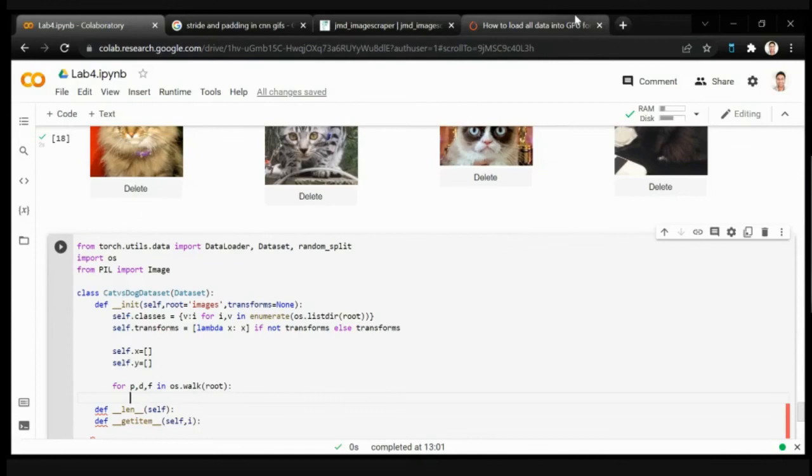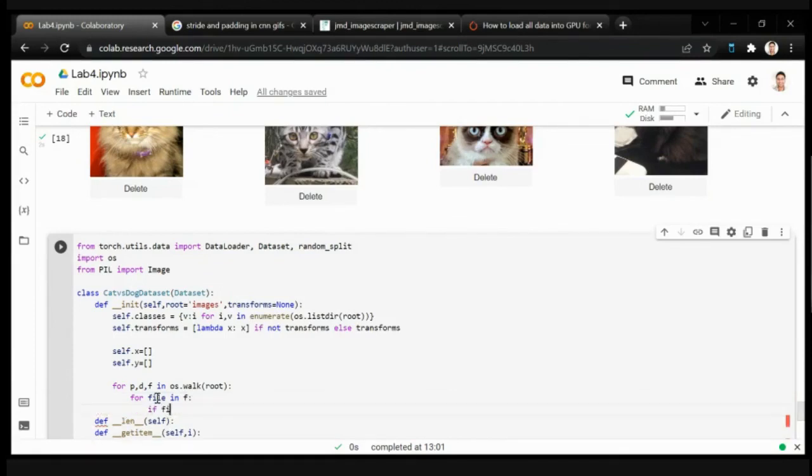Take a look at os.walk's documentation. f is basically going to be a list of all the files that exist in any directory. d is going to be the name of the directory, and p is going to be the name of the parent directory. So for file in f,